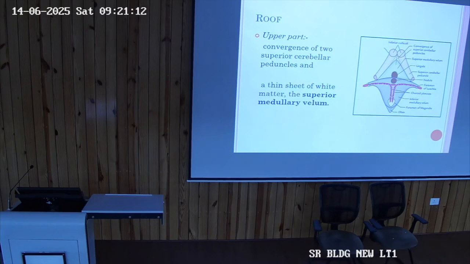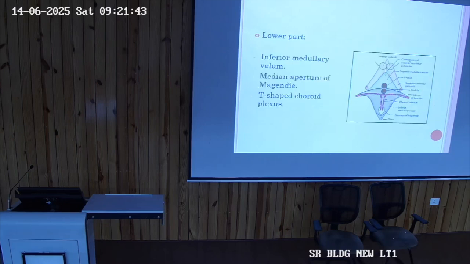So what else you have to remember is the choroid plexus for the lateral ventricles lies in its floor. For the third ventricle, it lies in the roof. Similarly, for the fourth ventricle also, it lies in the roof. And this is the arterial end, and this is the choroid plexus. What is its shape? It is a T-shaped kind of plexus, and then it is entering longitudinally from the foramen of Magendie. So this way, in the roof, it is situated.